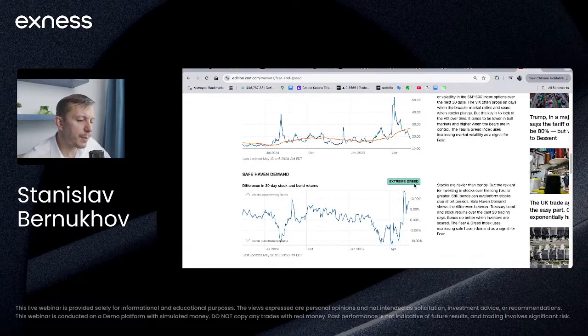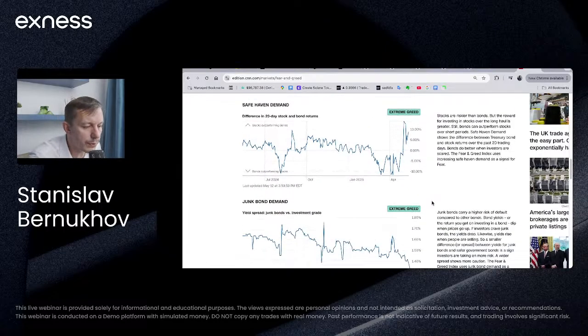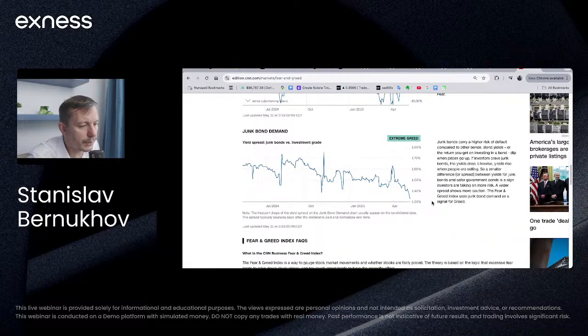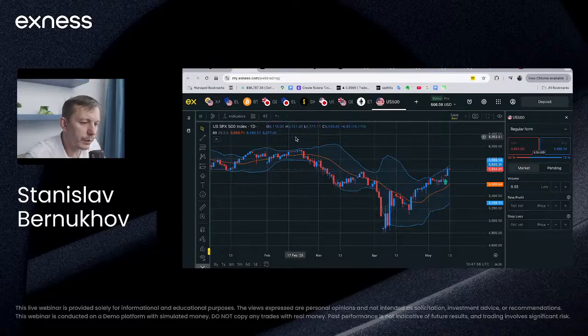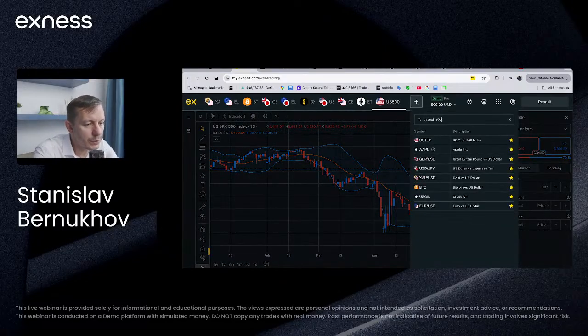Safe haven demand is in extreme greed because safe haven is actually no longer the preferred trade, right? This is associated with bonds. But the same situation stands for the yen, for the Swiss franc, even for gold. Even gold, as you see. Demand for safe havens was very, very high in the first quarter of this year, but now that's no longer the case. Junk bond demand also is in extreme greed territory. All right, so the market feels pretty well, but let's see